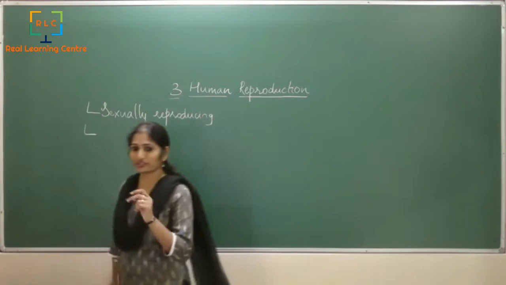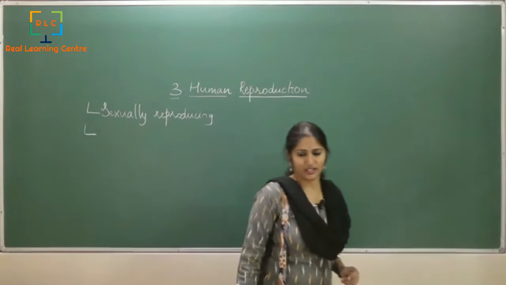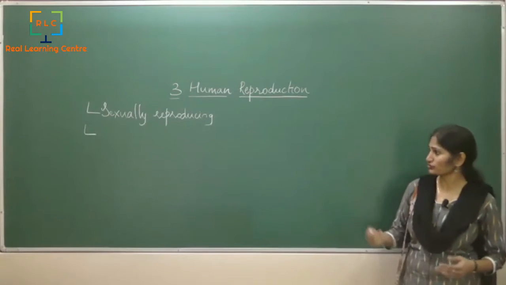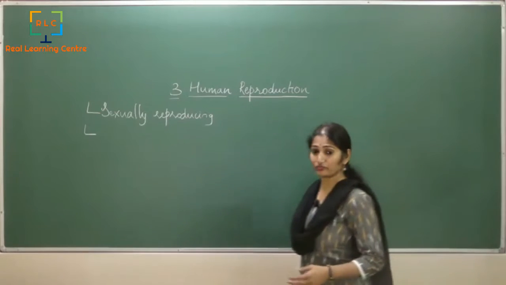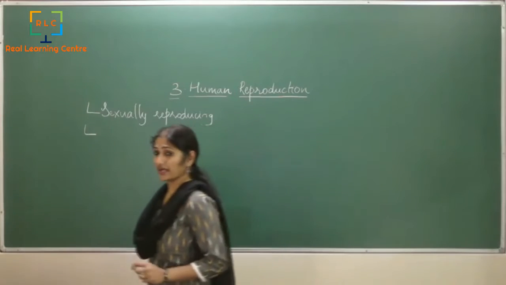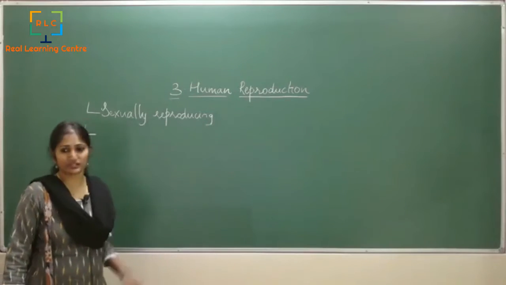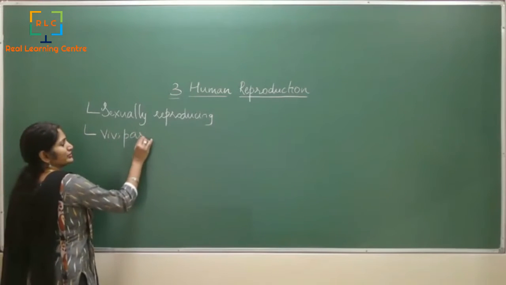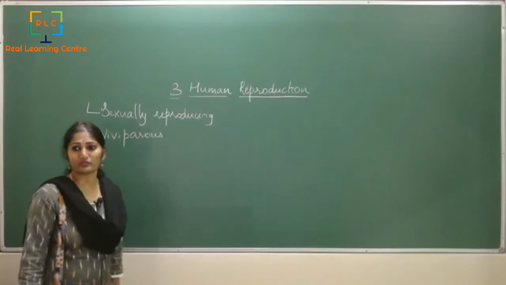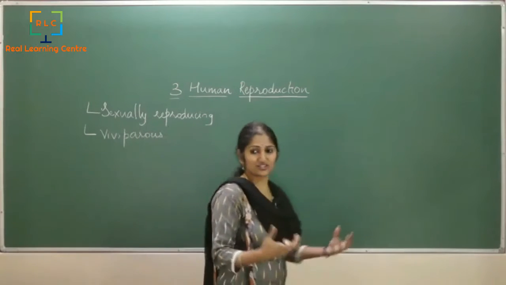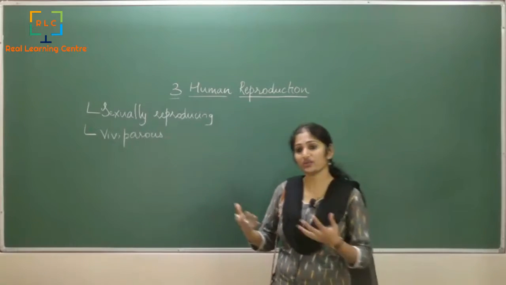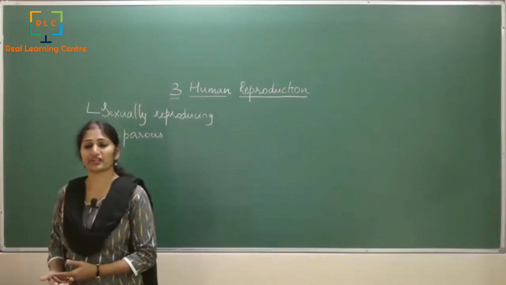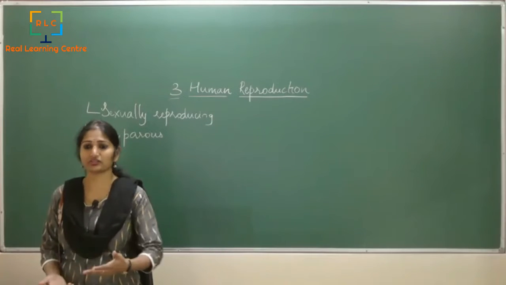The second important thing that we should know is that we are a class of vertebrates. I'm sure you would remember what we learned in our last class. So we are vertebrates, and we belong to the class of mammals. And when we're talking about reproduction, we are essentially viviparous. Viviparous means that the young ones are given birth to, and the young one is taken care of by the mother, right?